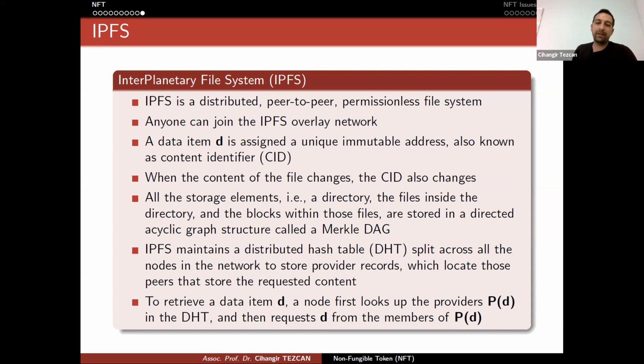So this is actually the official definition, but in practice, it works like this. When you upload the file, for instance, an image file, it is split into pieces. And these pieces are distributed to different people in the network. And all of the hashes of these parts are recorded in this DHT. So whenever you request that image, you actually request all of these pieces from all of these different network users' nodes. So downloading a 5 megabyte image file may take seconds or sometimes minutes, because you are looking at these tables and trying to find if anybody still has those parts.